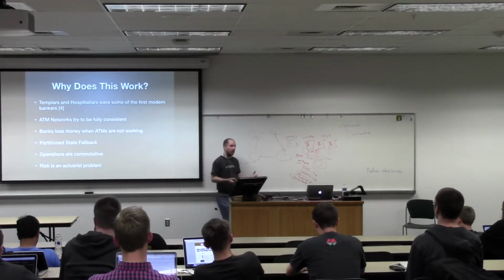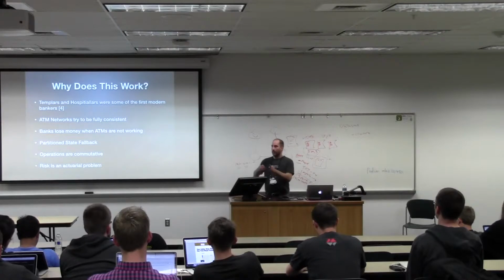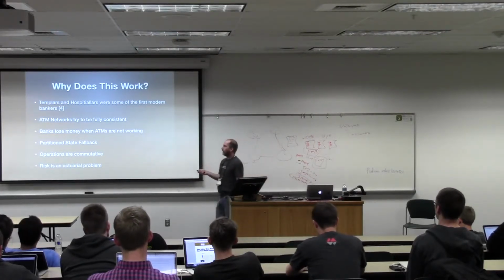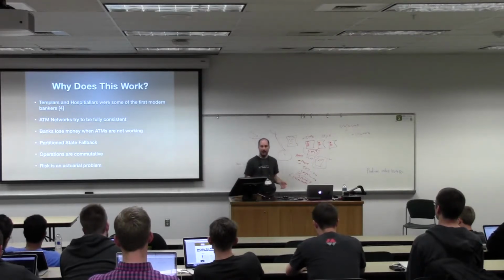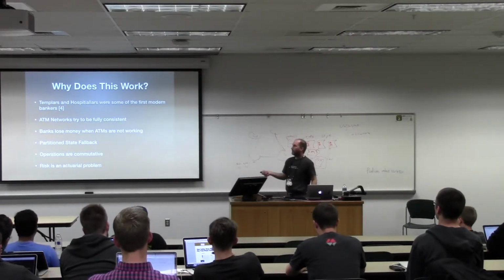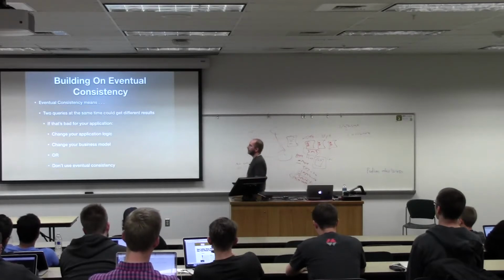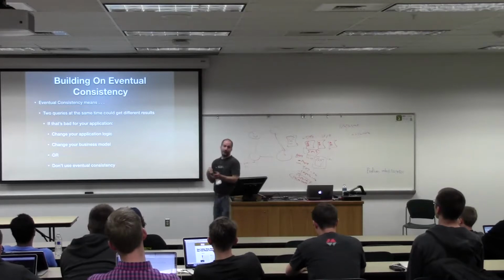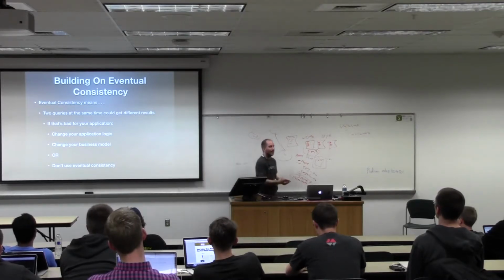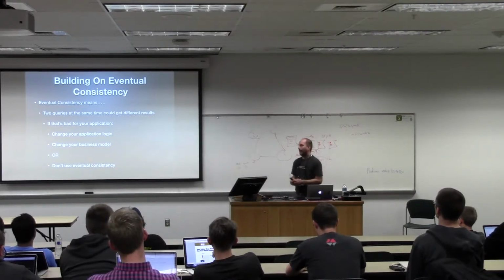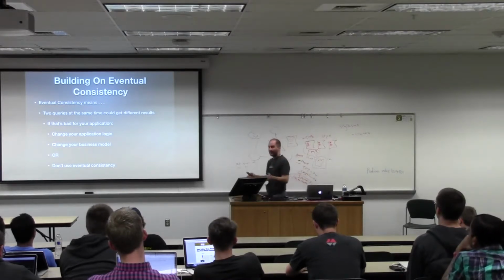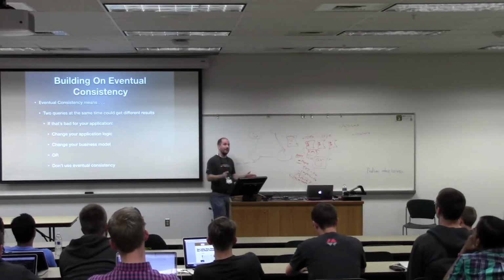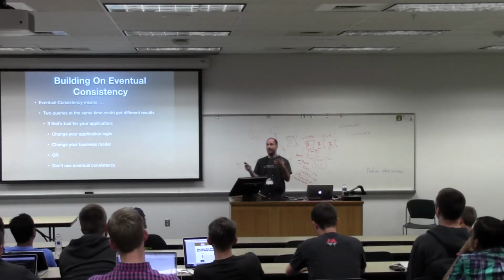Or, if I don't care about ordering over a long period of time, I can order over a shorter period of time and still be okay, because I'm going to operate on that stuff in batch later, right? And again, a lot of the time, risk becomes an actuarial problem in systems like that. All right, so eventual consistency. It means that two queries at the same time could get different results, right? And that seems scary sometimes. And if that's scary for your application, then you might be able to fix it, like Amazon did, like the airlines have, right?